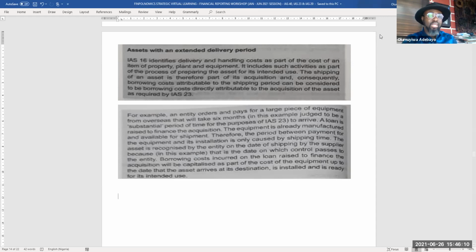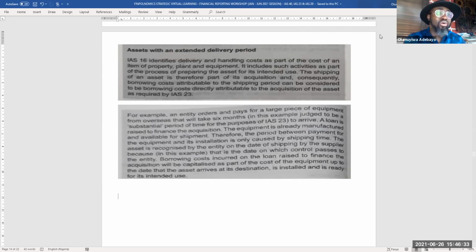Now, the second scenario is this. The asset may not have been completed, but by nature, the stage it is, it can start to be put to use. Do you guys see now? For example, you want to build a 10-story building,